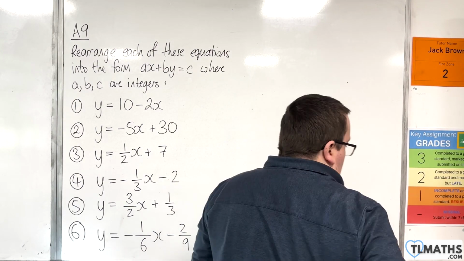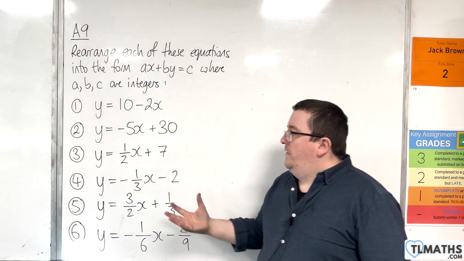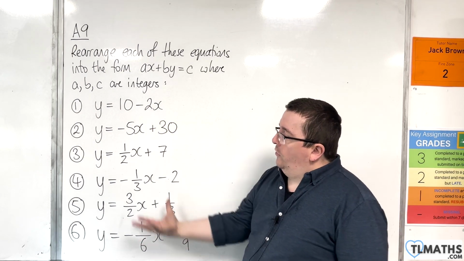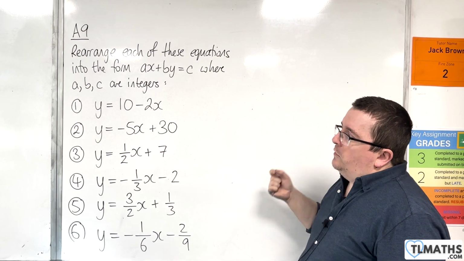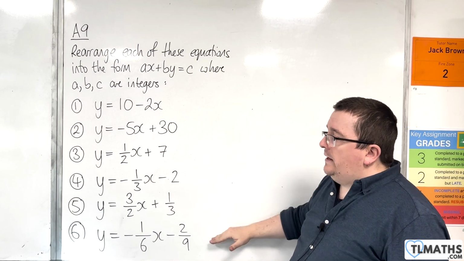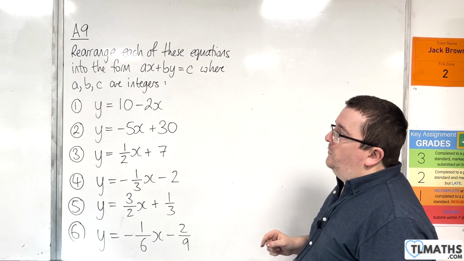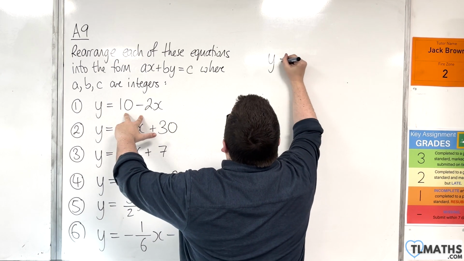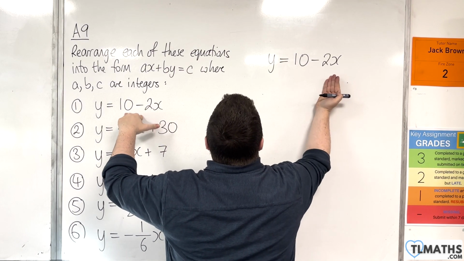Now, if you're using the y equals mx plus c method to find the equation of your line, then you can get to these structures. But these are not the structures that we want to solve the problem. So this video is all about rearranging these to get them into that format, where a, b and c are integers. So the first one, y equals 10 take away 2x,